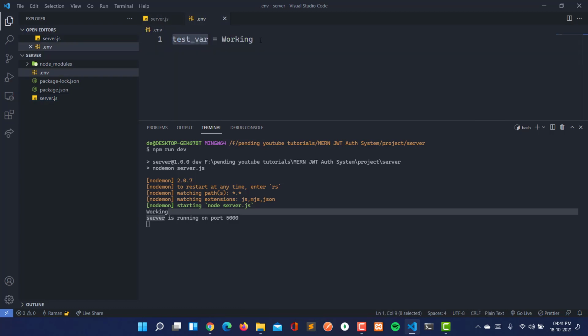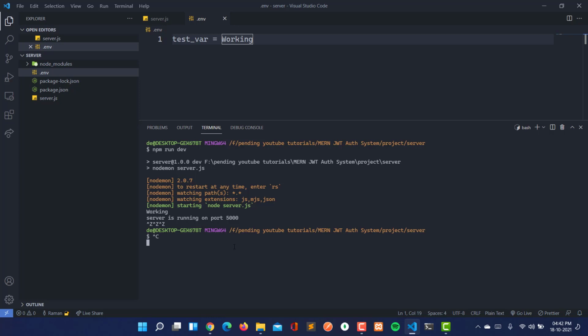This means that our .env file is created and configured successfully. Now we can use this to save our database name, or our database string, as well as our database password or database username. So I'm going to close this server here.